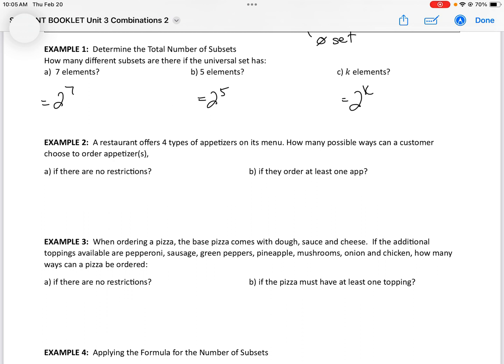Okay? A restaurant offers 4 types of appetizers on the menu. How many possible ways can a customer choose to order appetizer or appetizers if there's no restrictions? So if there's no restrictions, there are 2 to the 4 ways of choosing appetizers. And if you actually read this, you might be really confused because you might be thinking, oh, but how many appetizers are we choosing? Well, we don't actually know. It's so general and so vague. It's just 1 or 2 or 3 or 4 or 0. And essentially what this would be is all subsets